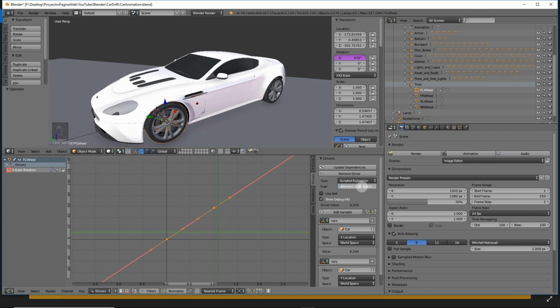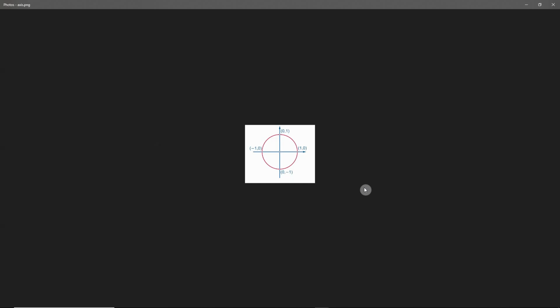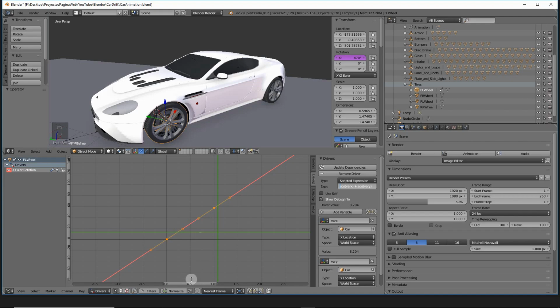With this expression, the value of x is going to go from 0 to 1, and the value of y is going to go from 0 to 1. So we have here an example. All of them are going to be positive, so it's going to be 1, 1, 1. That means the maximum value we're going to get is 1, and the minimum value is probably 0.5. So we will be always swinging between 0.5 and 1. That we don't want, because the wheel is going to be going back and forth all the time.